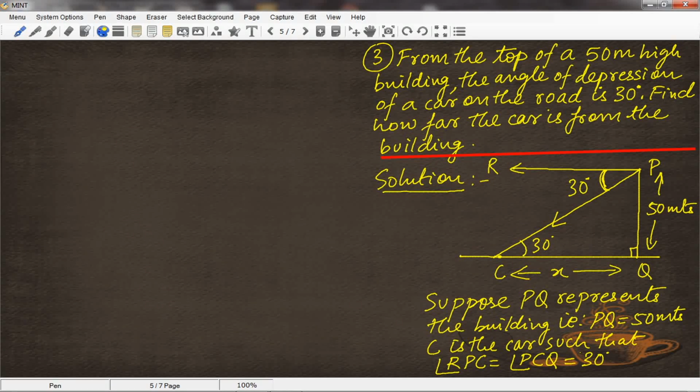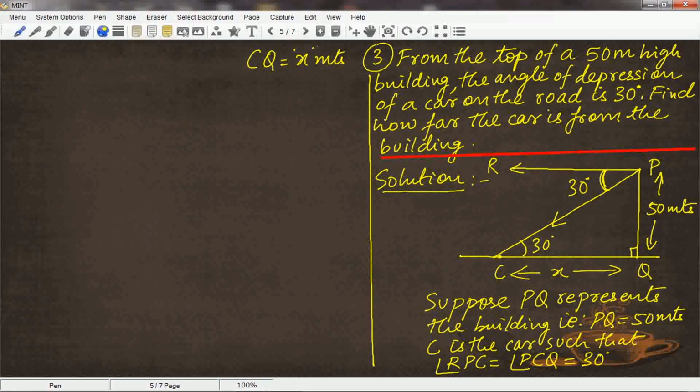Then comes the distance, is it also given? No, so the distance we have to find out. CQ हमको निकालना है. कितनी दूरी पर कार खड़ी है बिल्डिंग से, ये पता लगाना है. CQ is equal to x meters. ये हमको निकालना है. So what will be the choice? Which trigonometric ratio are we going to choose? Again, horizontal CQ निकालना है और perpendicular